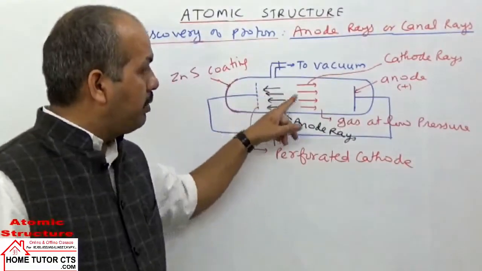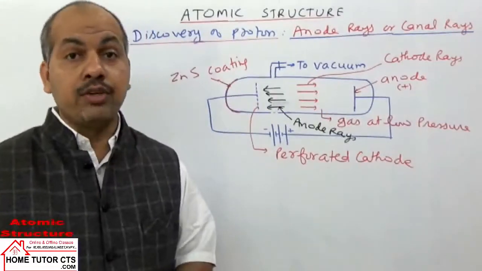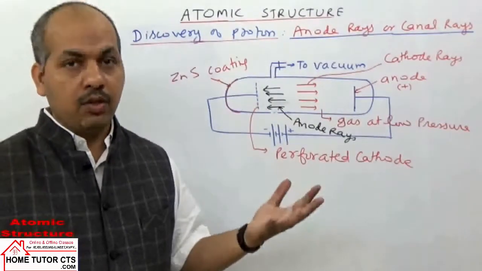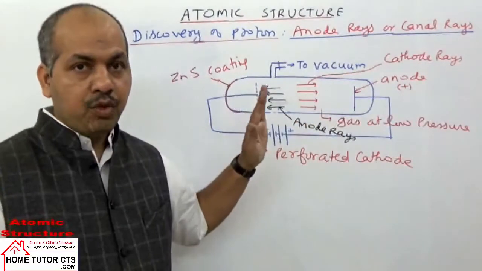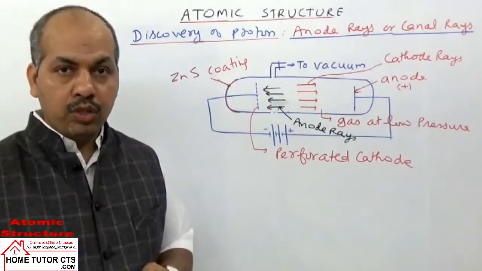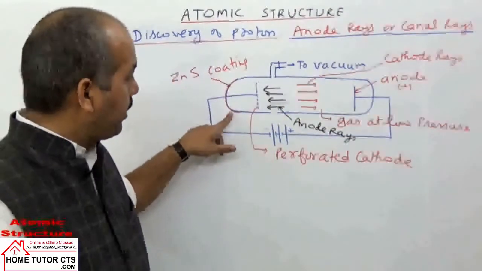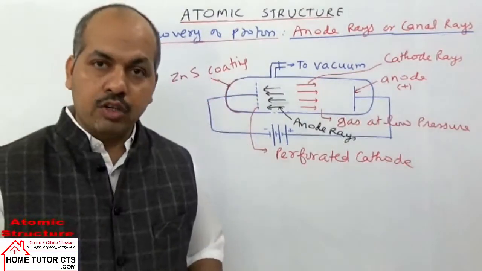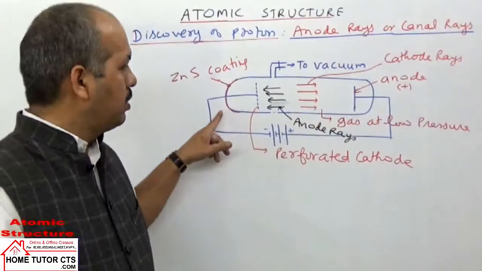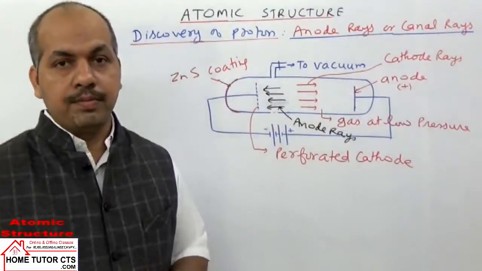It is the anode, taken as expected. From the cathode, cathode rays are emitted, and it was observed that one more type of rays were coming out from the anode side, going behind the cathode. They strike the glass wall having the coating of zinc sulfide and produce a flash of light. This indicates that some rays are coming from the anode.